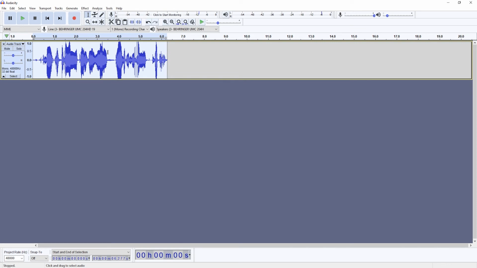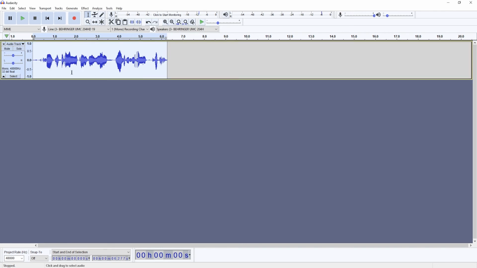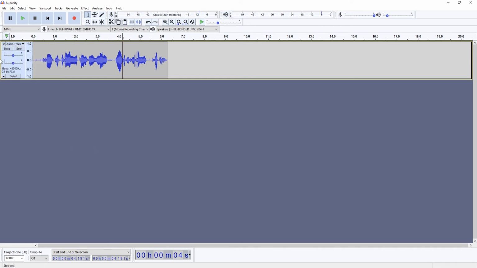Now I want to fix that, and I'll use the amplification tool again, and I just go back to something similar to what it used to be. But the key here is it's no longer clipping. The audio that went above the 0 decibels threshold is not lost. You still have it, and that's the key difference comparing it to just a simple 24-bit